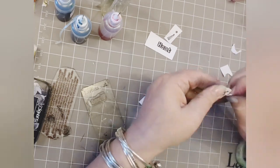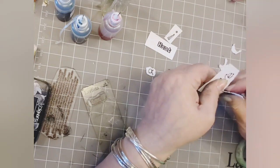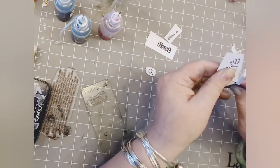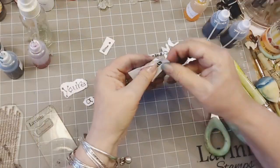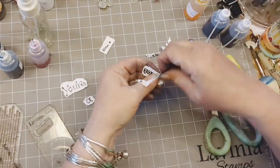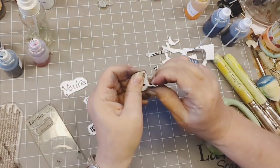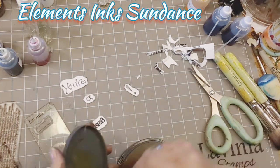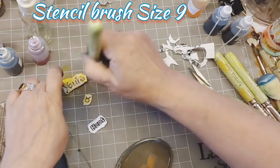You don't have to rip it, I just fancied ripping it for this one. You could just leave it, you know, with beautifully crisp edges. But I find when I'm ripping it, it gives me a chance to add another little bit of colour, because the colour takes differently to the ripped edges. So it frames itself. So we're adding a bit of Elements Ink Sundance